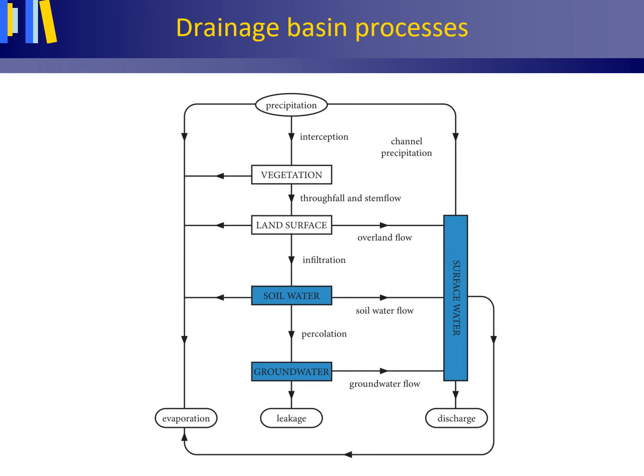Here we have a generalized scheme of drainage basin processes, of processen in een stroomgebied. In small captions, in kleine letters, we have the processes, for instance, precipitation, volumes of water per unit of time, and in large captions, in hoofdletters, we have the storages over time. Dus zoveel volume water wat geborgen is gedurende een bepaalde tijdsperiode.